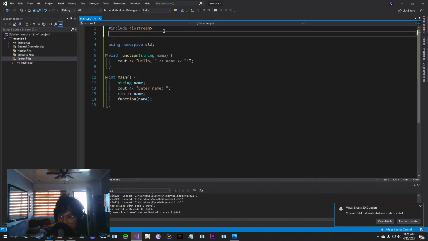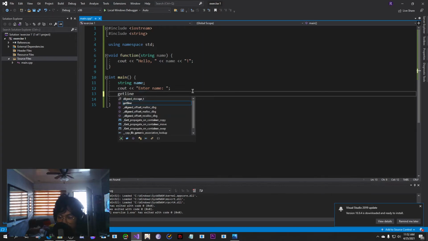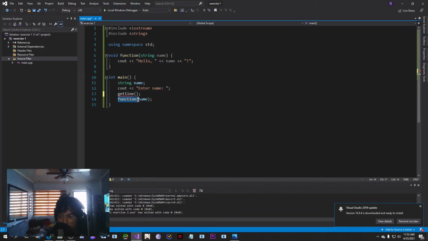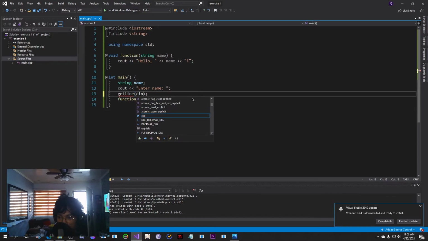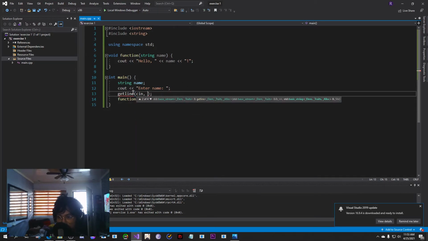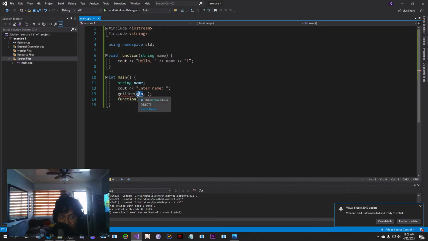So getline is actually included in the string header. Let's just include string here, and instead of cin, the syntax is really simple. So we just say getline. So we're actually calling a getline function similarly to this function. The first argument is cin, so when we call this getline function, it's gonna be a cin, and then where we're going to store that cin,